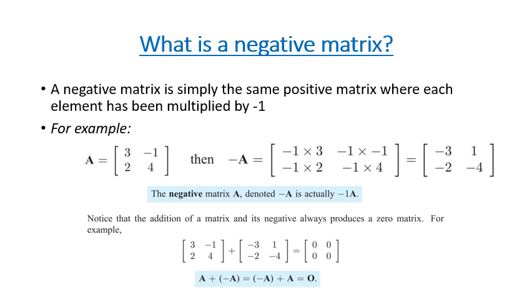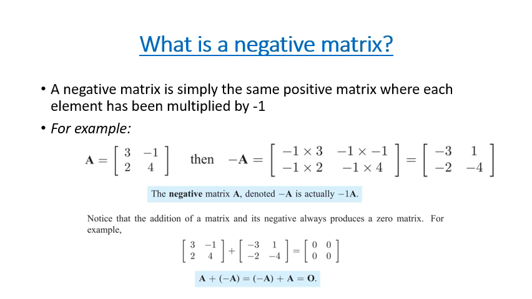So what is a negative matrix? Well, a negative matrix is exactly the same as a positive matrix, but all the elements are the negative equivalent. Essentially, a negative matrix is the equivalent positive matrix all multiplied by -1. And we can see that